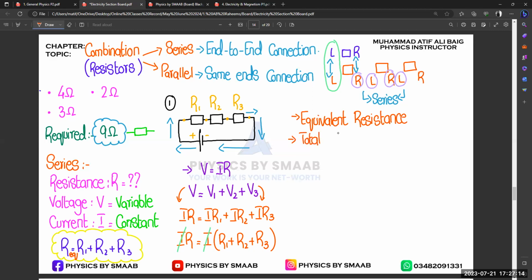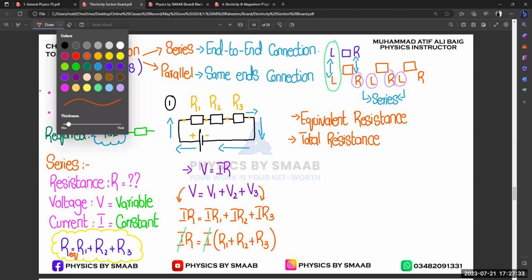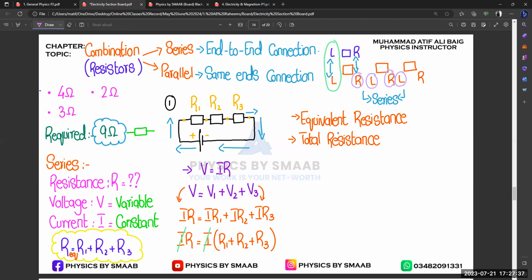PQ with R, so that will easily give the equivalent resistance, right? Let's suppose they ask you to state in a statement, or explain in a statement, what the final resistance will be in a series combination or in a parallel combination. For a series combination, you just add all of them together. We can simply write that